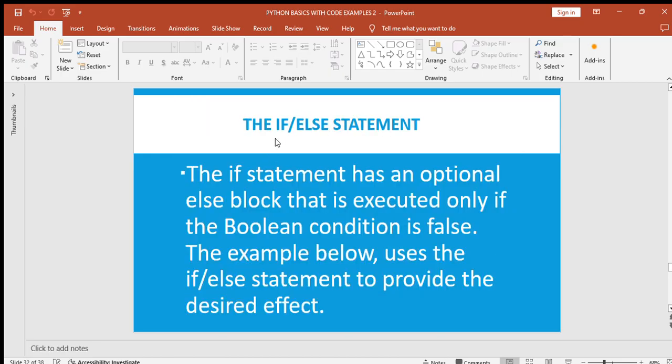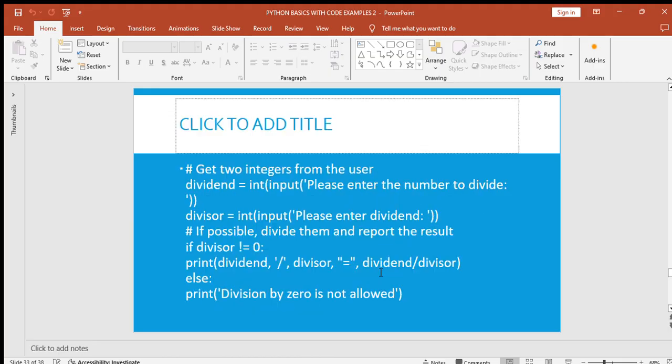Then let's look at the if-else statement. The if statement has an optional else block that is executed only if the Boolean condition is false. The example below uses the if-else statement to provide the desired effect. Now, let's look at these